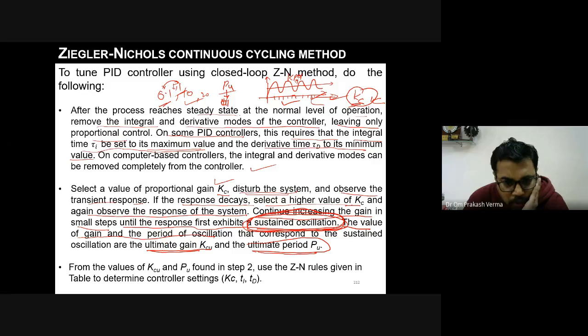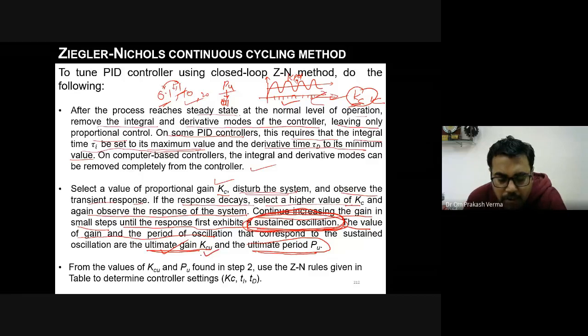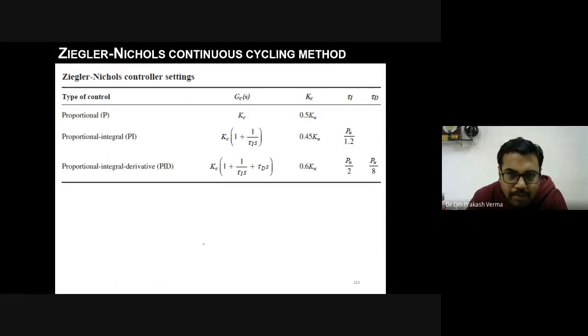The problem is to calculate the value of gain corresponding to this response. Okay. Now how could this gain be calculated? This is the problem. So now let us see how we will calculate it. Once you have calculated the Kcu and Pu by any means, your problem becomes very easy. Okay, then second round, just see the table,